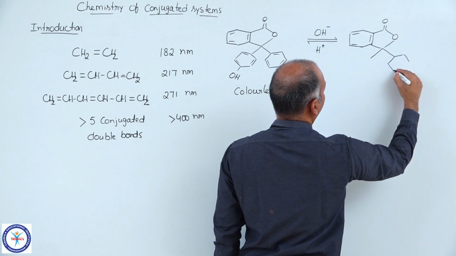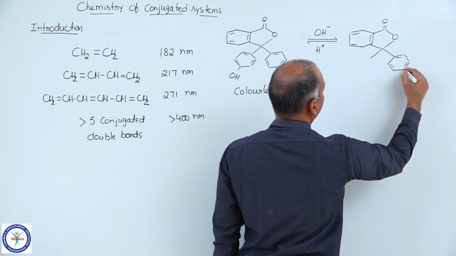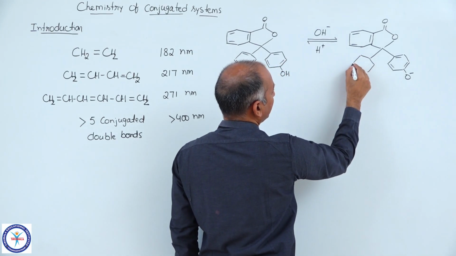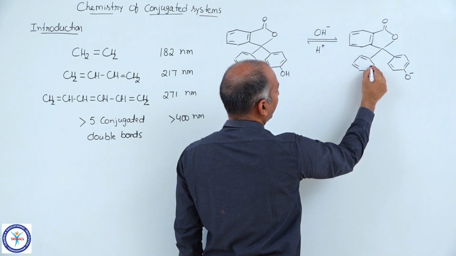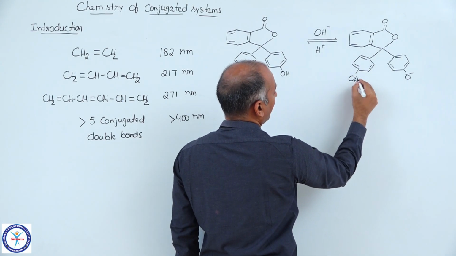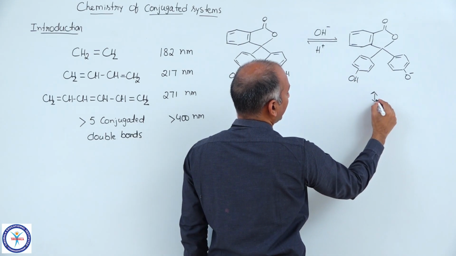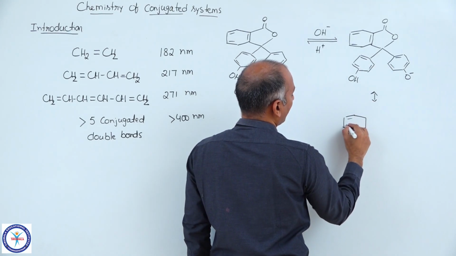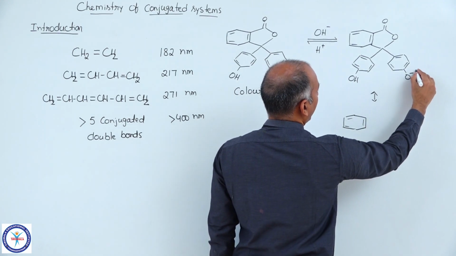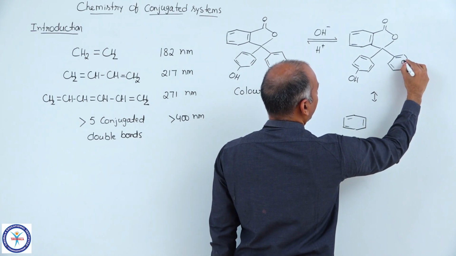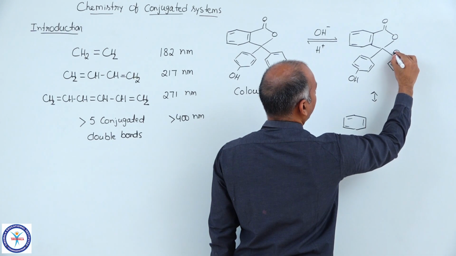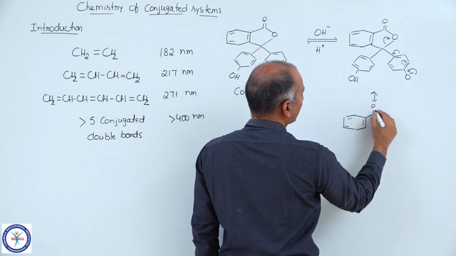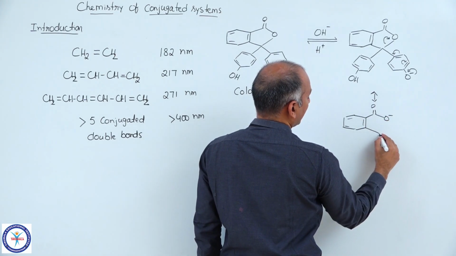Now suppose if you remove H plus from this particular benzene ring, it becomes O minus, and now this phenolic ring remains as it is. Now if I write down the resonating structure of this compound, then you see I will form the pi bond here. Let me break this pi bond, and let me break this pi bond also, and then this sigma bond. So then we will have a structure that is O minus,